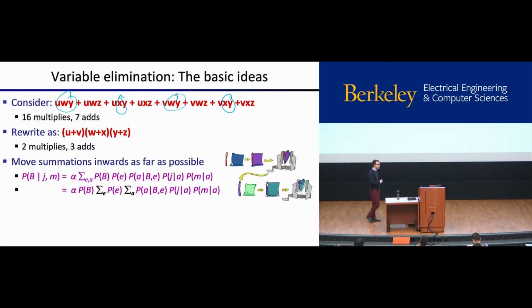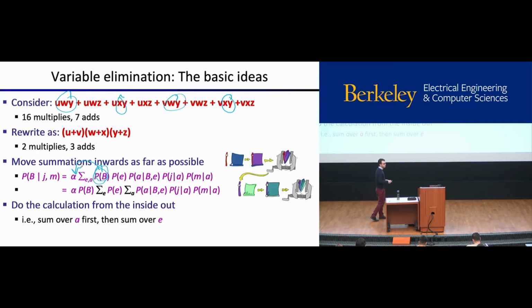So we can pull it out of the summation, right? So we can pull this P of B from here out of the summation and put it in the front. And similarly, P of E doesn't depend on A. So we can pull that out of the A summation. And so we have a choice here of which one we want to push in further. But we have these 2 summations, one's over E, one's over A, and we can look at all the terms that do or don't depend on those variables, and we can push the summations in as far as possible.